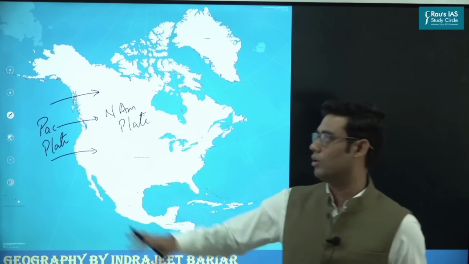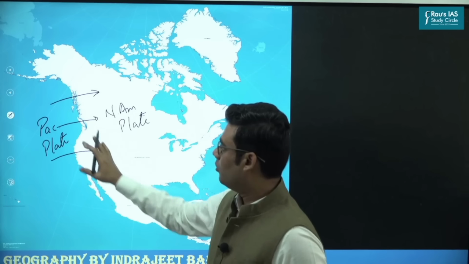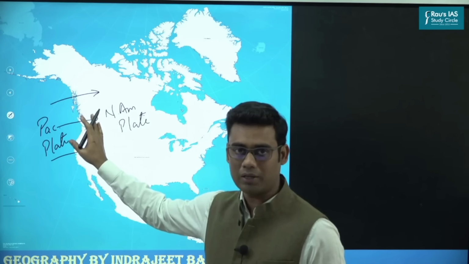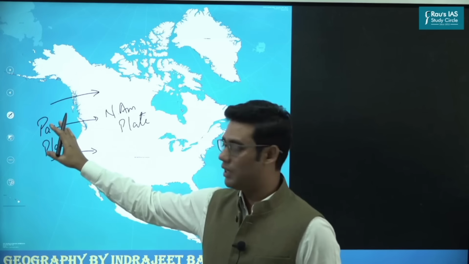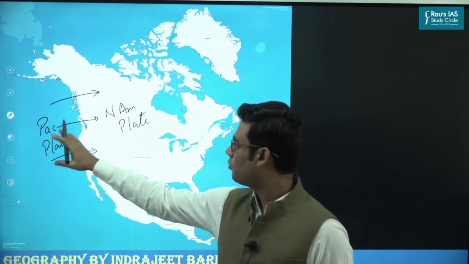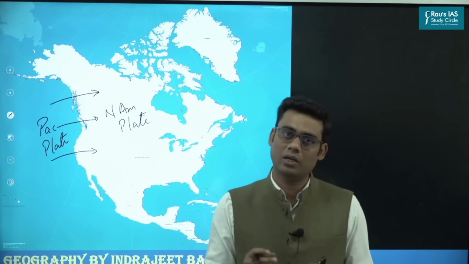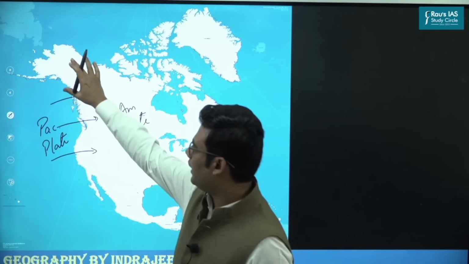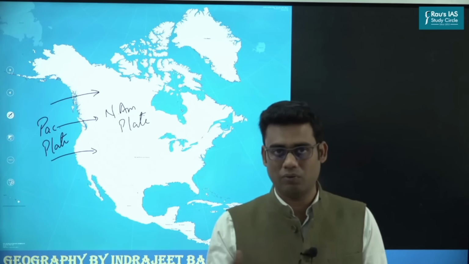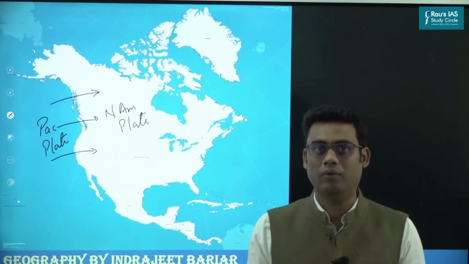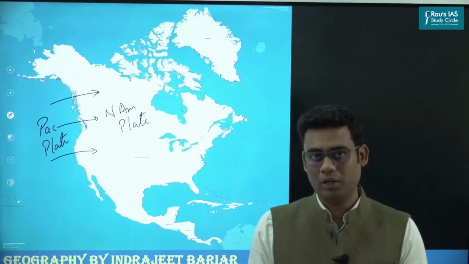The Pacific plate is the oceanic plate, and the North American plate over here in this portion has the continental crust. So the oceanic Pacific plate is subducting underneath the North American plate, and this has given rise to a lot of folding on the western side of North America. So all the series of mountains, what we are calling Cordilleras, have developed as a result of this